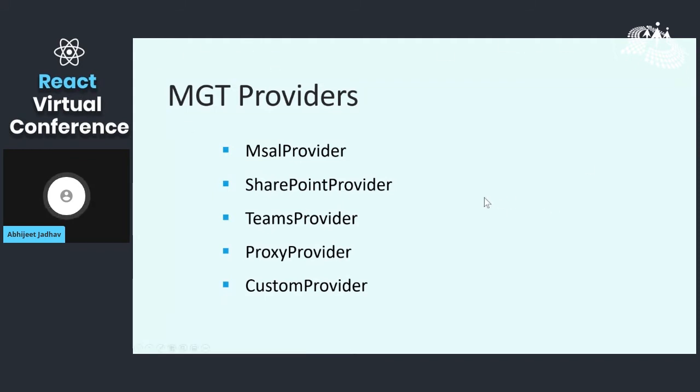And say your legacy application already has authentication; in that scenario you can also use the custom provider, because your system will authenticate and finally provide the tokens to this custom provider, and it can then pass on the authentication information.